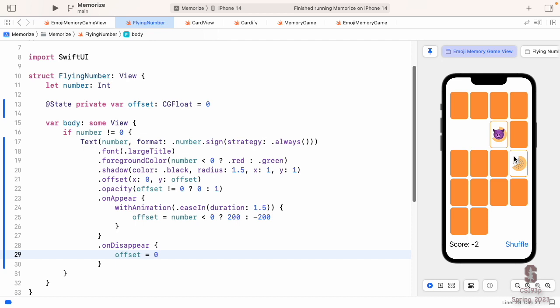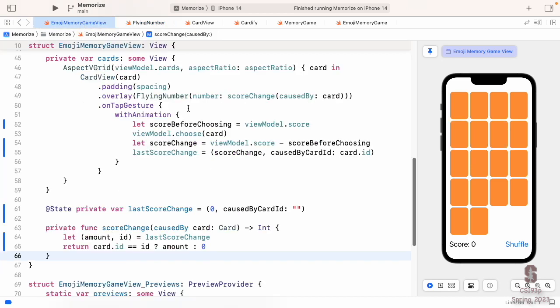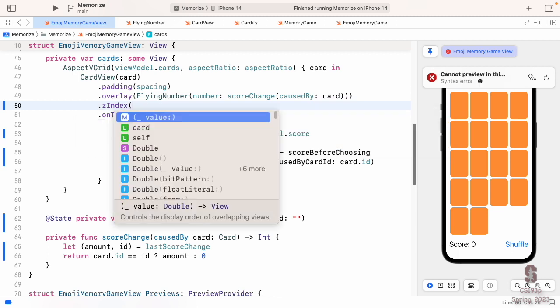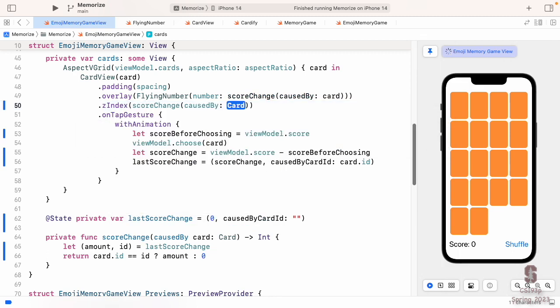So how do we control the Z-ness? We do that with something called zIndex. So I'm going to go back to my memory game here, and in the same place where I do my overlay, I'm going to say that the zIndex of this card view, if the score change caused by this card does not equal 0, then I'm going to have its zIndex be 1, otherwise 0.